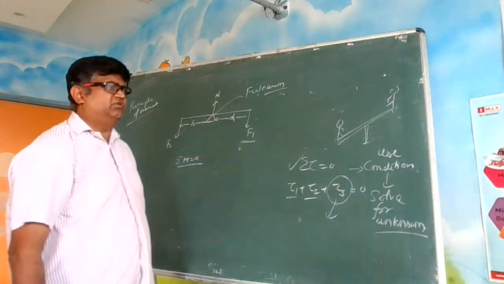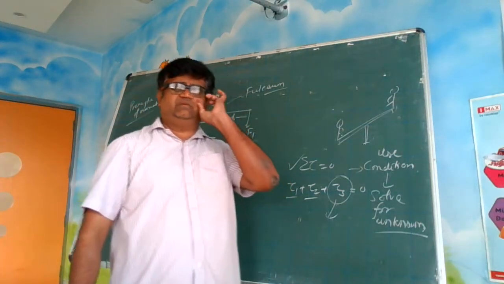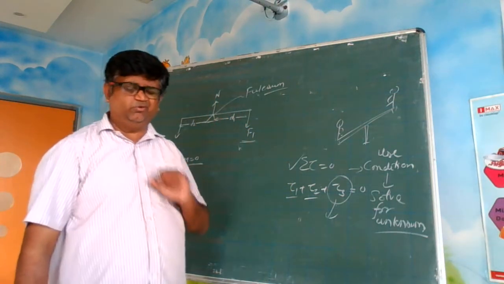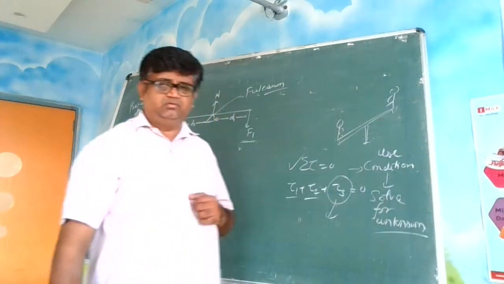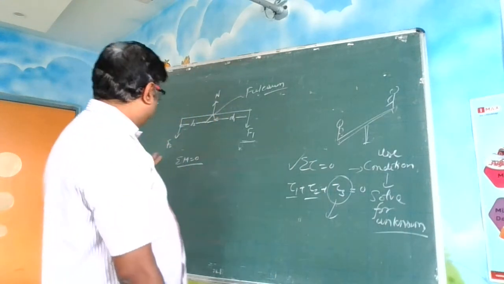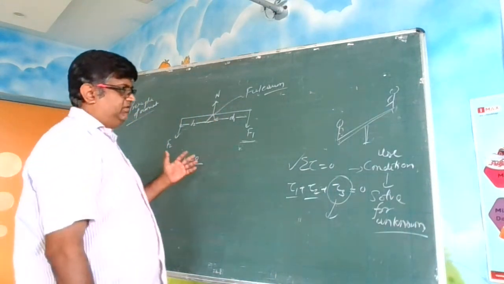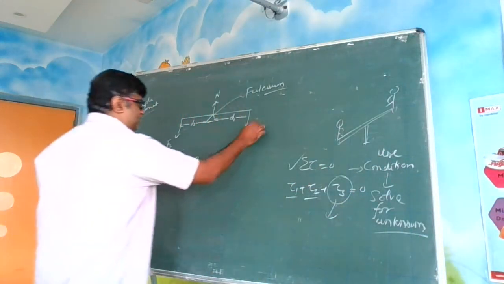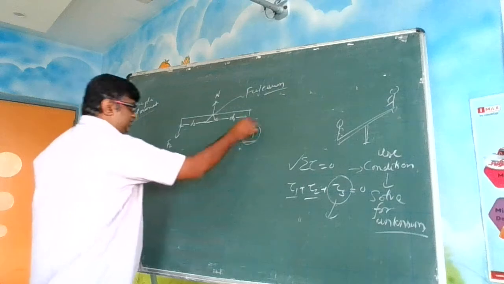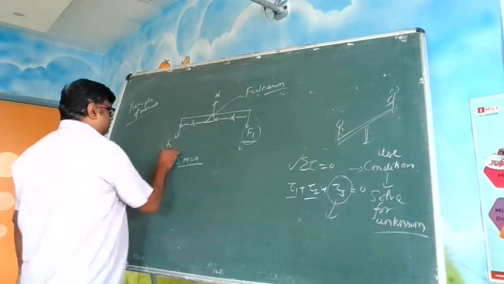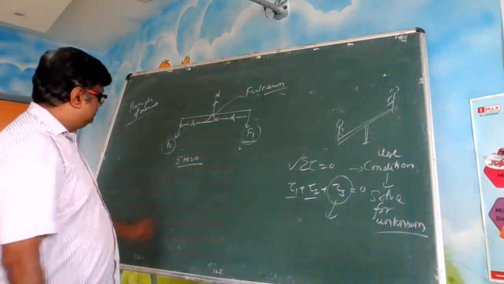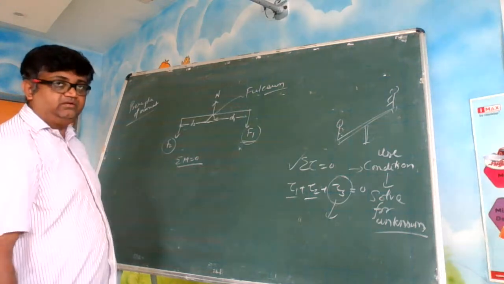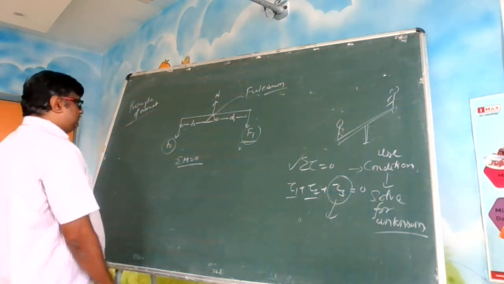In Newton's laws of motion also, many times we have used this condition of sigma Fx is equal to 0. What did we do there? We solved for the unknown. Similarly, in rotational equilibrium, we will apply the condition and solve for the unknown. So let us say this is a known mass. Now using this, can I lift this one? That is what I am trying to find.